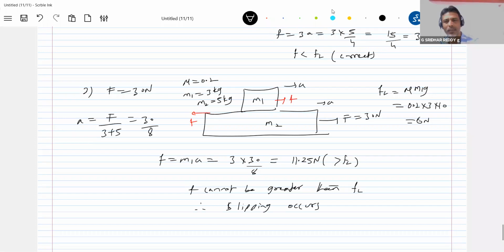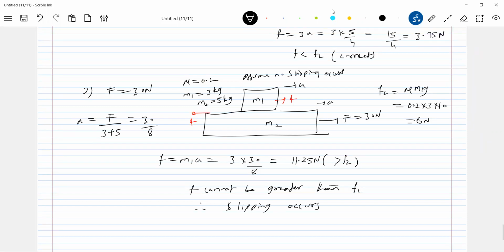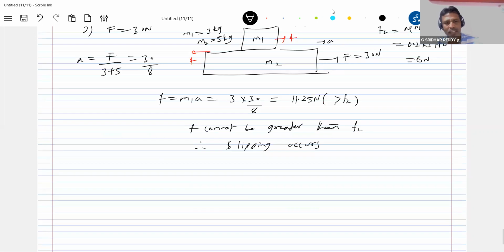So got the idea now? How to check whether slipping occurs or not? You are going to take the help of friction. You first assume no slipping. It's an assumption. Let's assume no slipping occurs, and carry on the problem. Calculate the friction. Check whether friction is greater than or less than limiting. Less than limiting, what you assumed is right. If it is greater than limiting, then what you assumed is wrong. Then the opposite occurs, so slipping occurs. If slipping occurs, kinetic friction will act here. So then the problem, you have to change it.